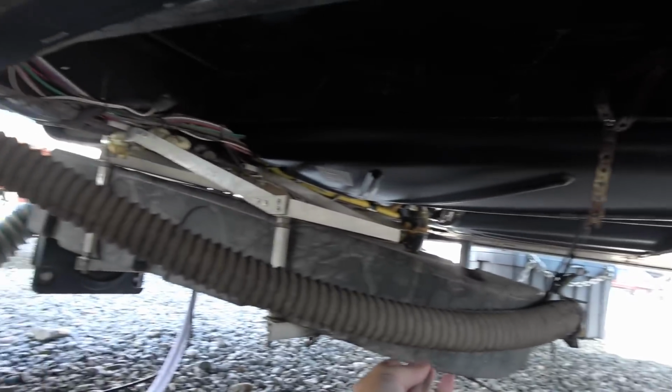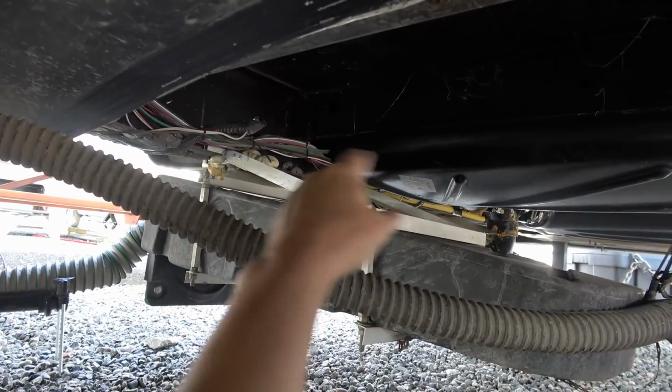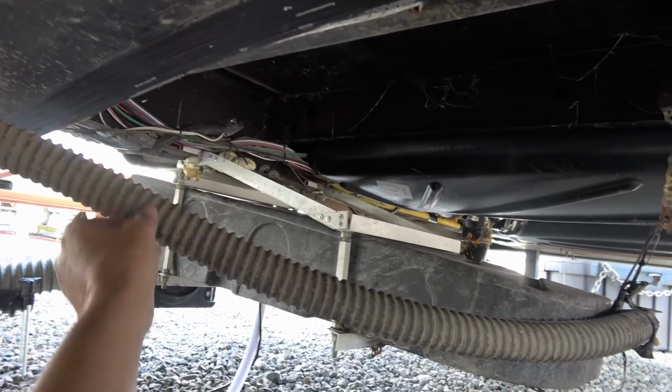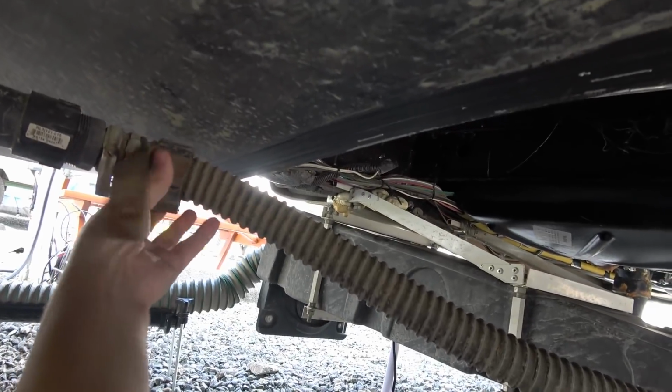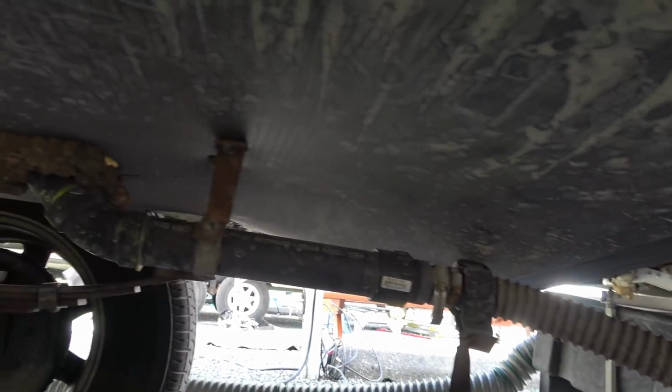It just gives it a little bit of extra support at the back here. That box, this bracket is holding the box on, clamping it onto the main I-beam over there. And there's another clamp that'll get done up as well. This is right underneath my